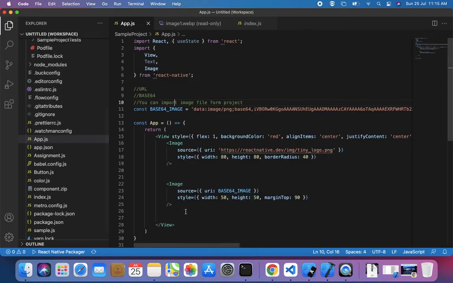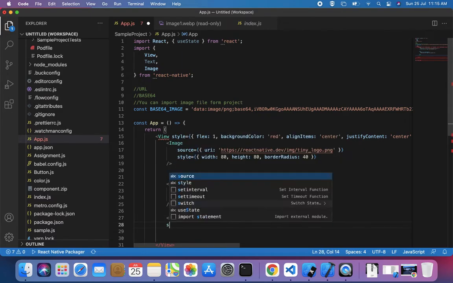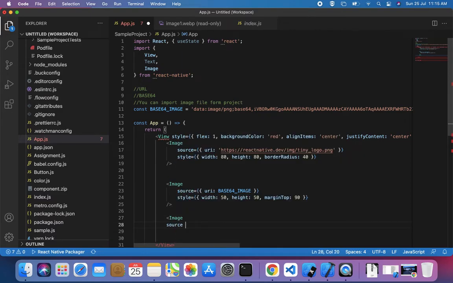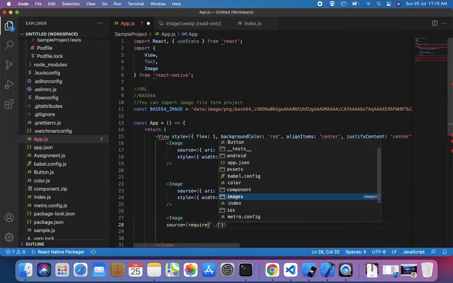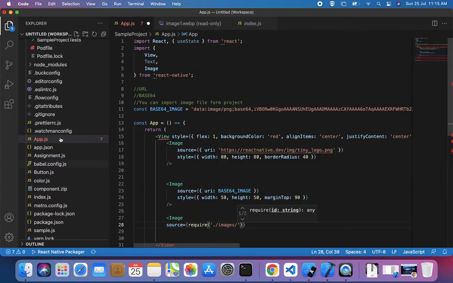Now I am going to require that image in my project. For the image source property, here we do not use URI, we have to use require. So require. Now I want to point to that image, so I am adding one slash so I can see my folders, here images.